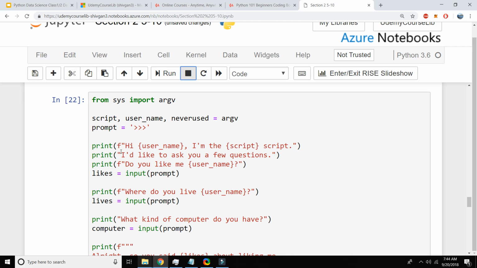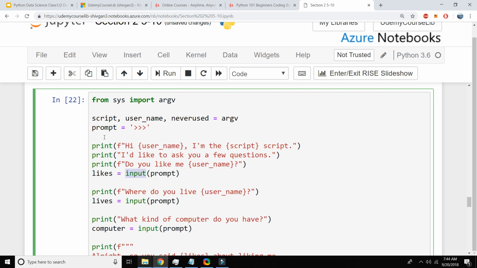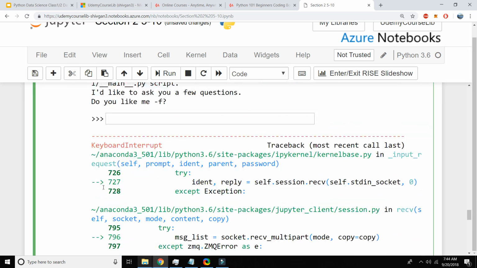So in summary, we are using an import command. We are using the f and the curly brackets to print. We are using the input command. The input command asks the user to type something. A very simple input command would be